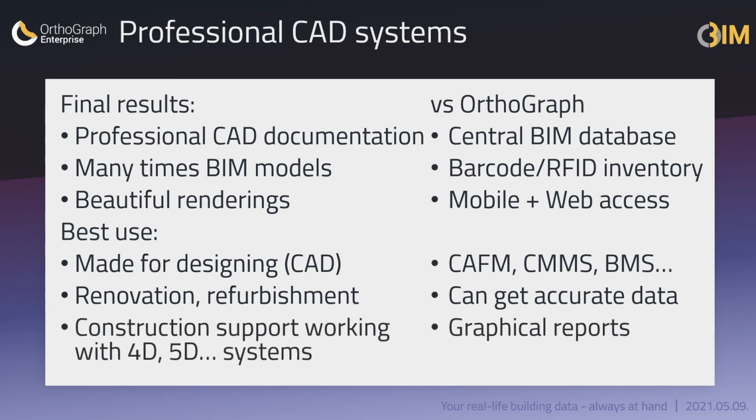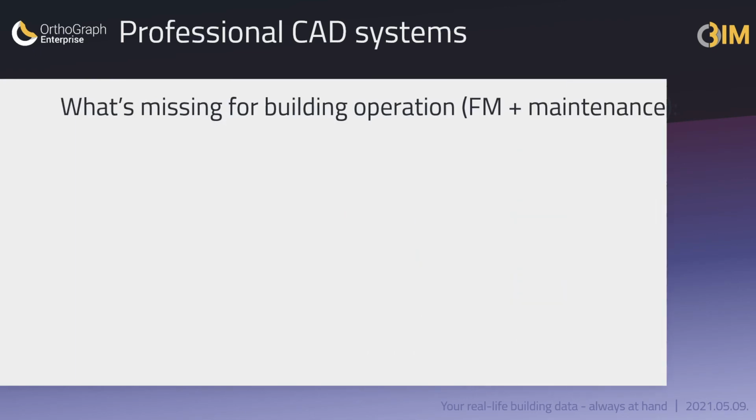For construction, this level of detail and the quality of these designs are very well usable, so the better CAD systems are all supporting construction on different levels with digital data. Operating buildings, running graphical reports, or accessing data everywhere for editing by technicians have never been a goal of CAD systems. What does this mean?